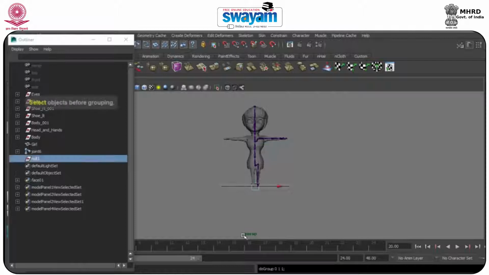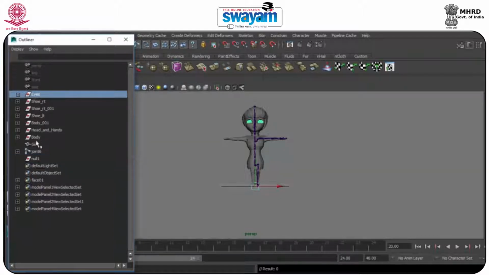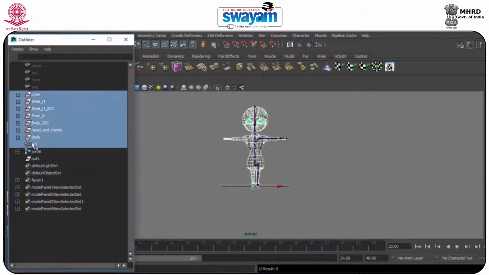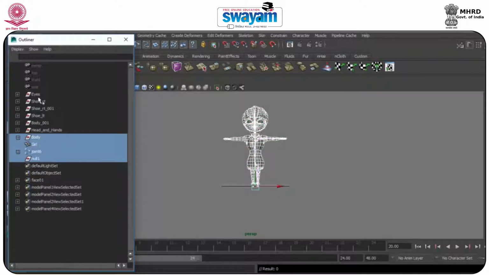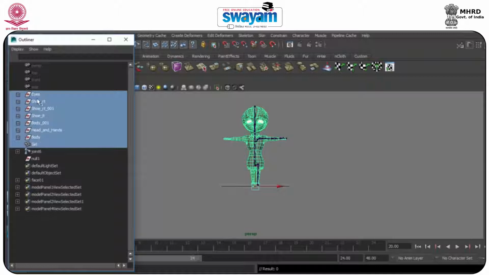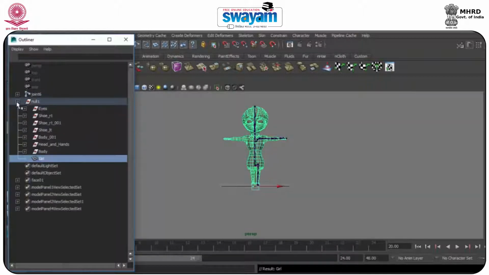Press Ctrl G. Now what happens is you will create a new null. In this null, I will put all the parts of the model. So select all the parts, especially this one, and I will put them in the null.